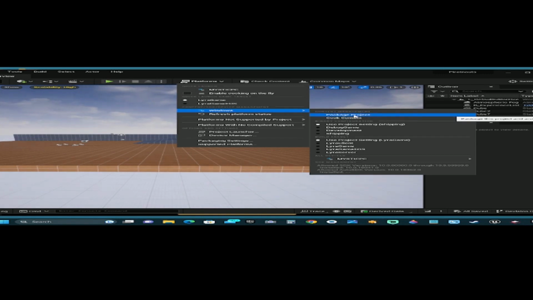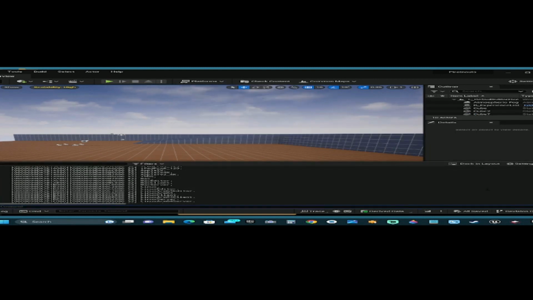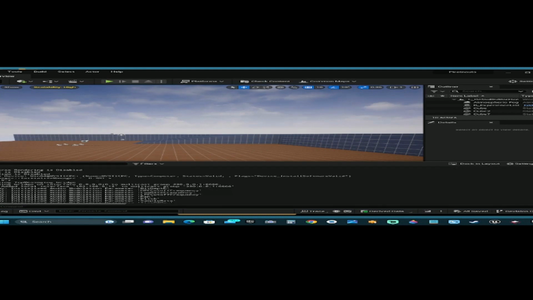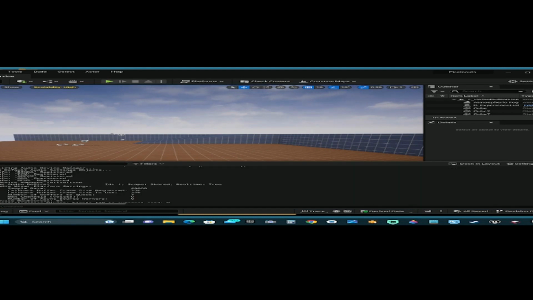When you hit package project, I would do it, but I didn't add any updates to this version. So you'll hear like a robotic sync or like a click. And if you hear that, that is a good thing. That means it's being cooked, it's being packaged. And the output log will pop up and start showing you all these crazy random numbers. But at the end,